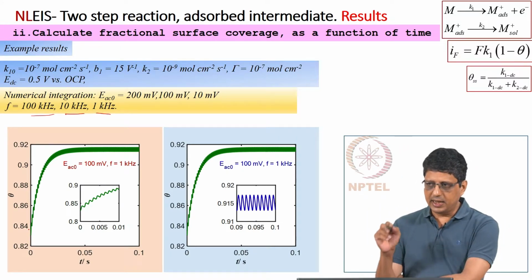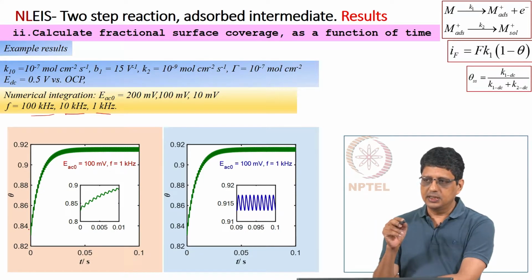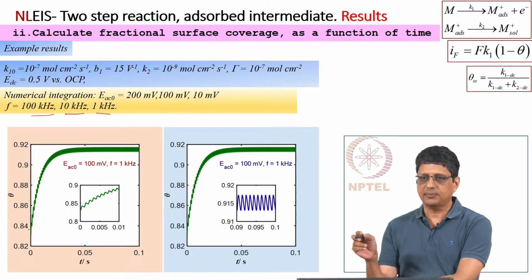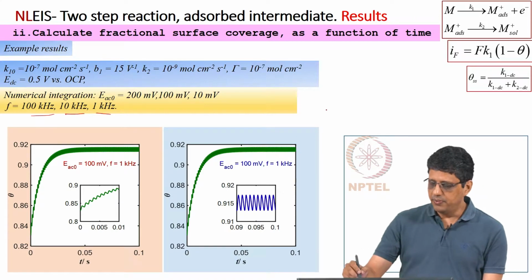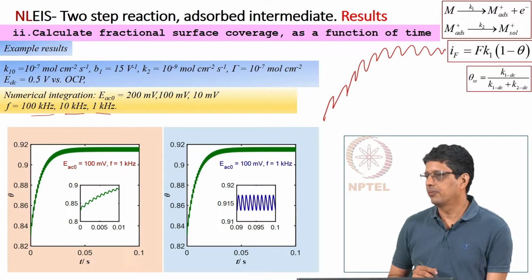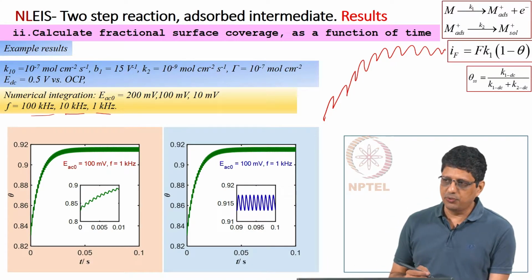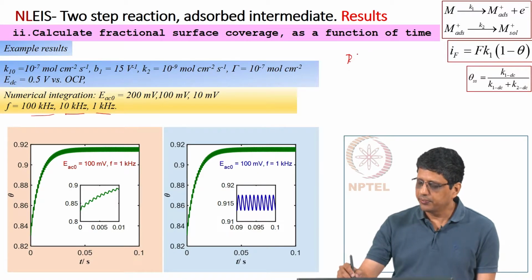When we apply an AC potential, the response is not immediately a steady periodic response. This theta value increases and then stabilizes after some time. Okay. We have seen this before, when initially we looked at an RC circuit,